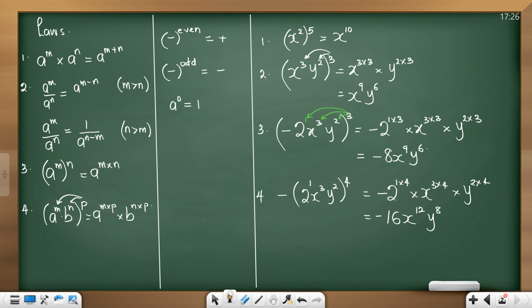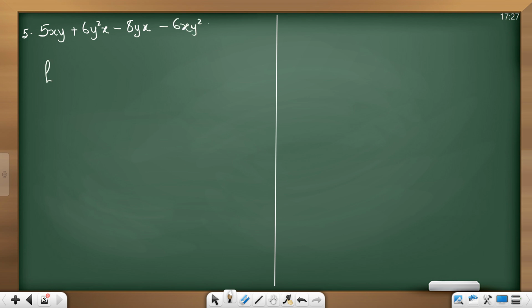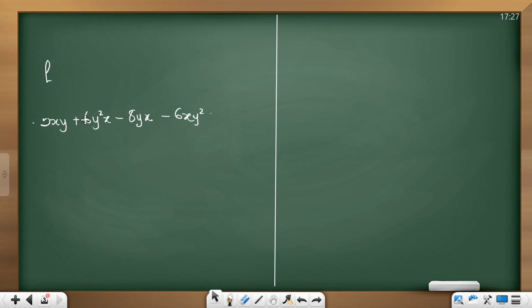So you've got to repeat all of this and do as many questions using the same principle. Okay, we have about 12 questions or so, and we're running out of time already. Number 5. What do we have? 5xy. Okay, I see now that this is addition and subtraction. So the first thing we said is we only, okay, let me do this quickly. When it comes to addition and subtraction,